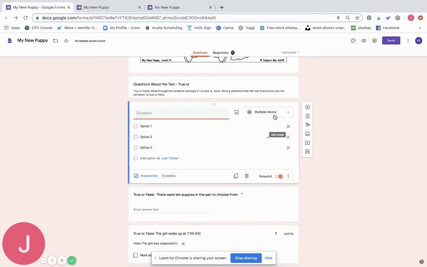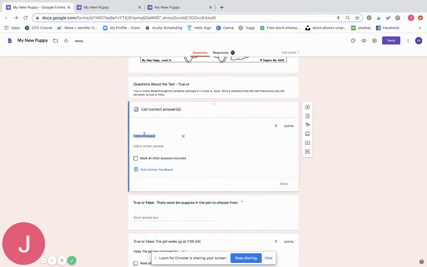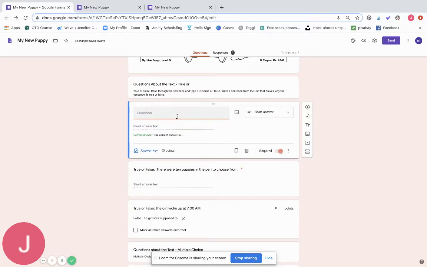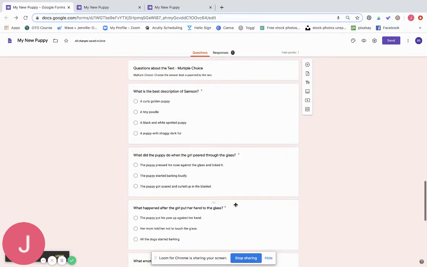If it was short answer, when you go to answer key, you have to actually type in the correct answer. So those are some different things if you decided that you wanted to add a new question to what is already here. I'm going to delete this since it's not an actual question. So most of these quizzes have 2 true false, some multiple choice,